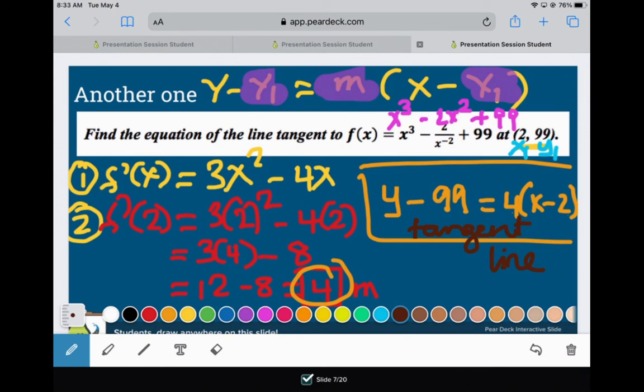Okay, I'm going to pause for you to copy this down. If you need to copy it down on a piece of